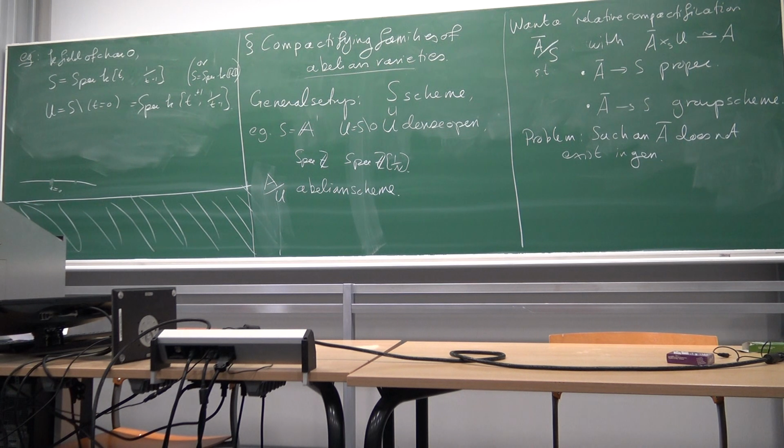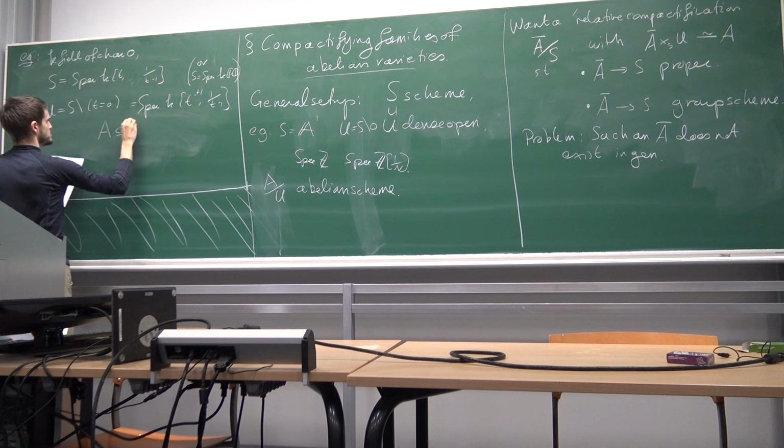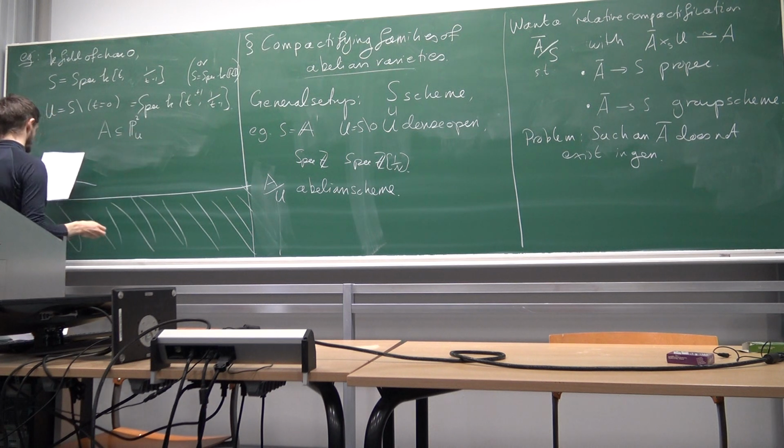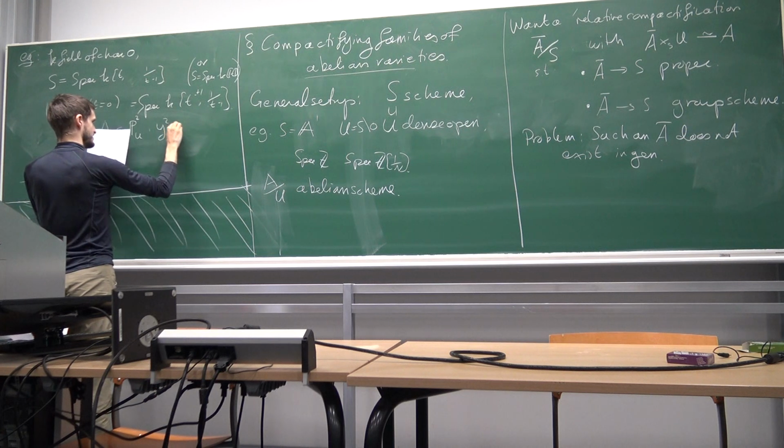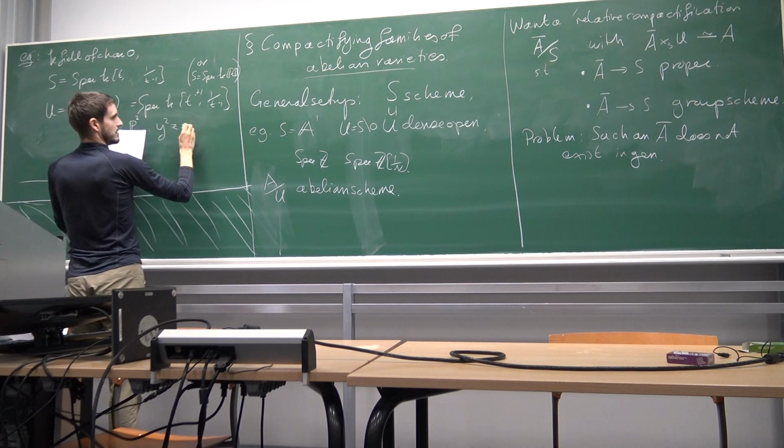And I should give you also an abelian variety. To make life easier, I'll write down an elliptic curve, because it's by far the easiest way to write down abelian varieties. So let's do that. I'll maybe draw a picture here. So A is going to be contained in P2 over U, and it's going to be given by an equation y squared z equals